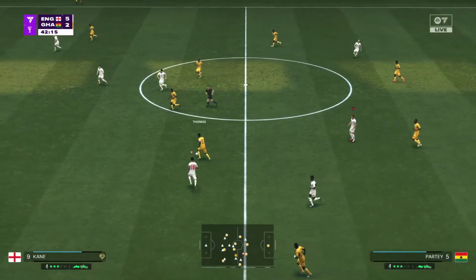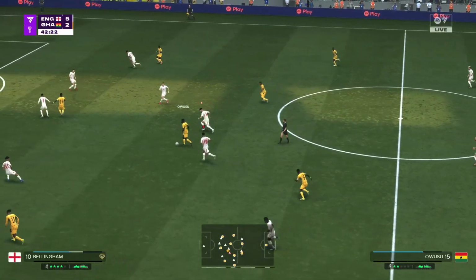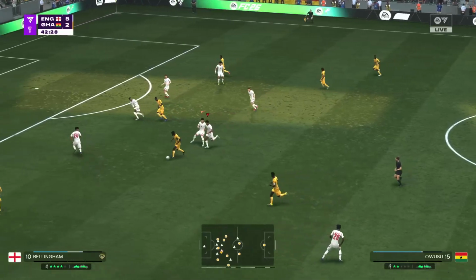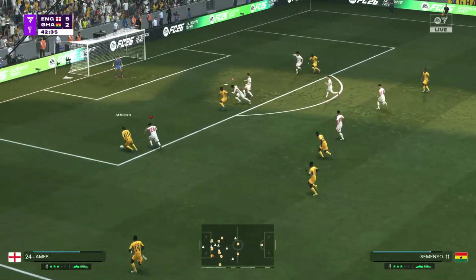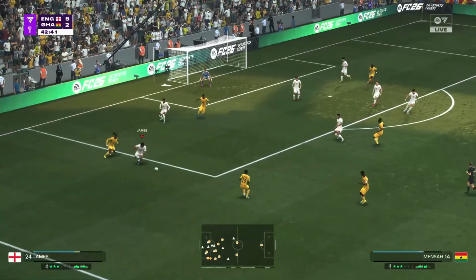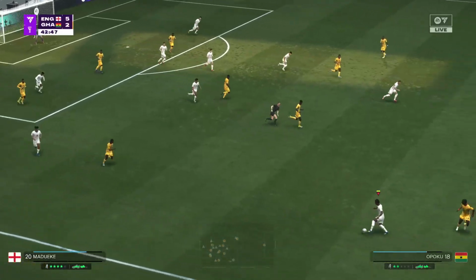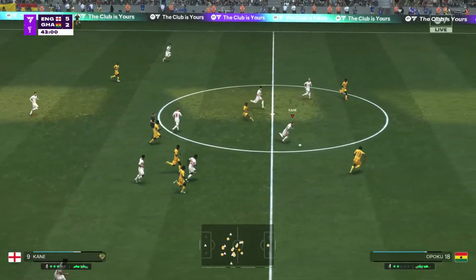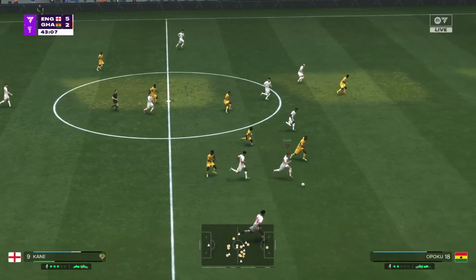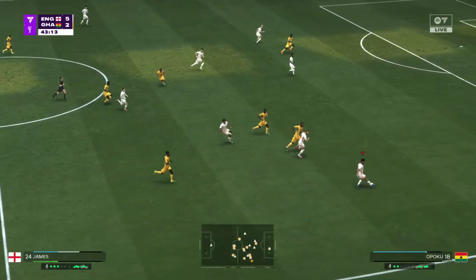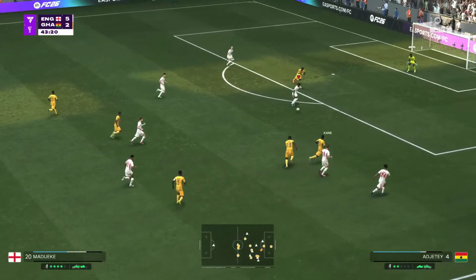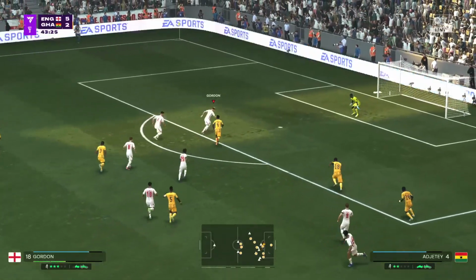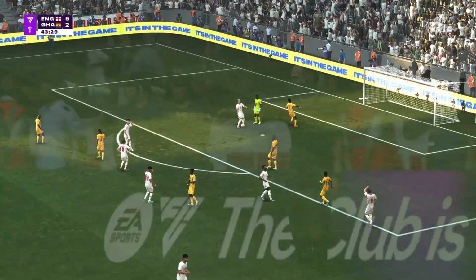Partey. Elisha Owusu. Now with Semenyo. Harry Kane. Reece James. In position. And that is offside.